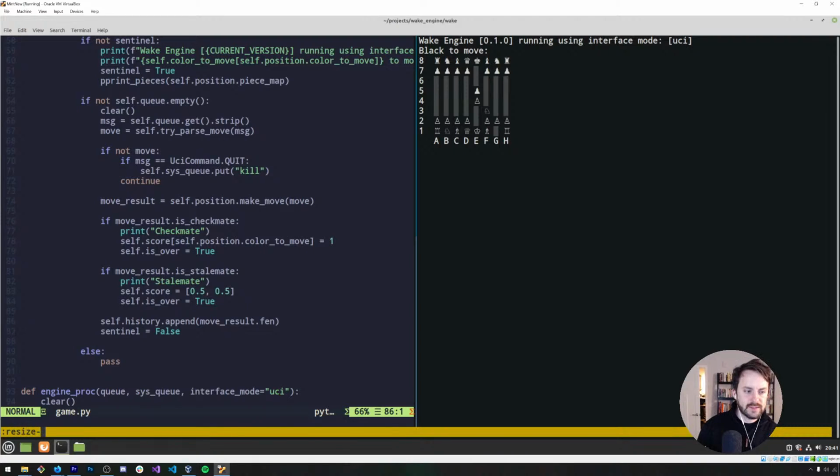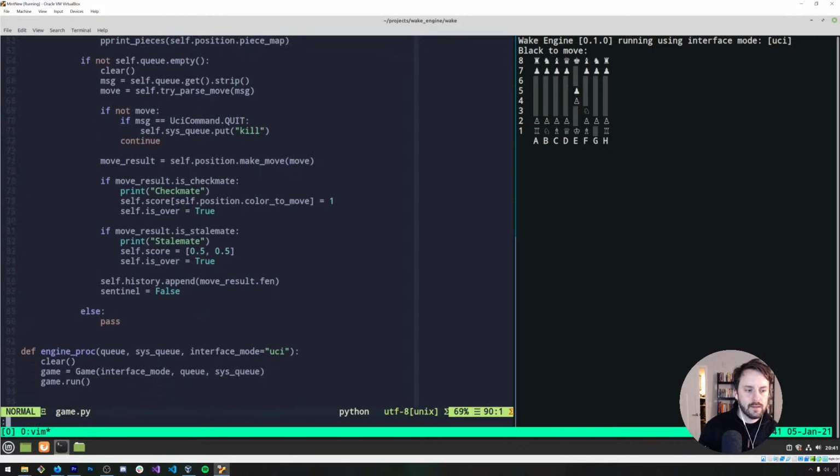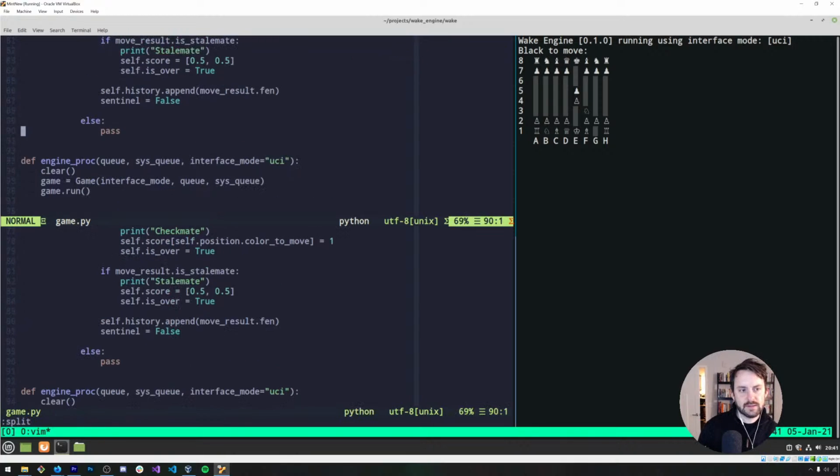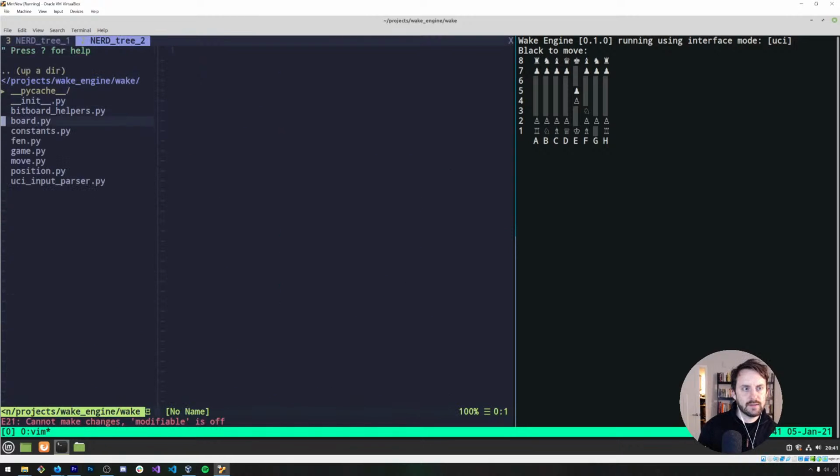We will resize pane right 20. Okay. And then we'll split this. And then on the top one, I'll go into position.py.